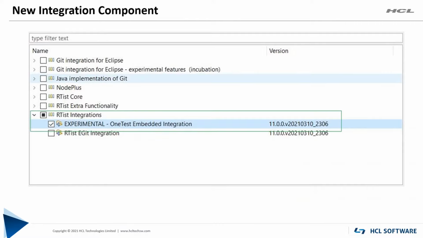For One Test Embedded, we need to get the One Test Embedded installer, and also install the One Test Embedded update site separately. For that, we can get a comprehensive installation guide and documentation. To get started with One Test Embedded, please get in touch with us. We will route it to the One Test team.